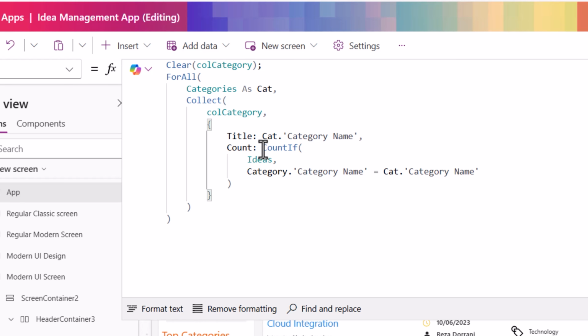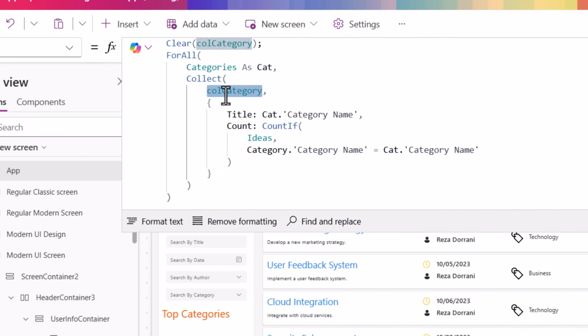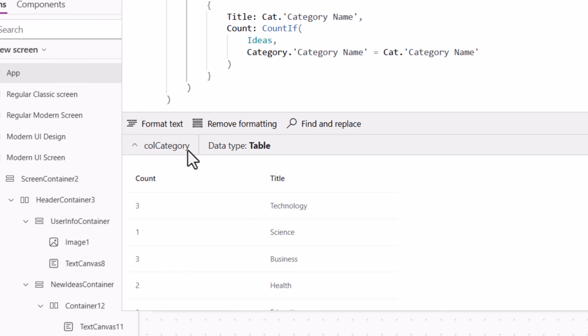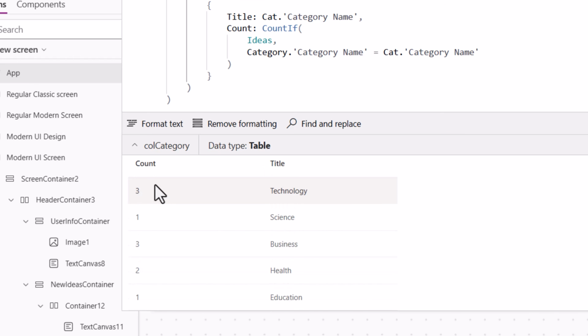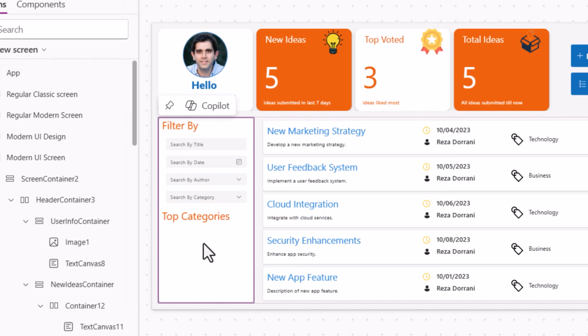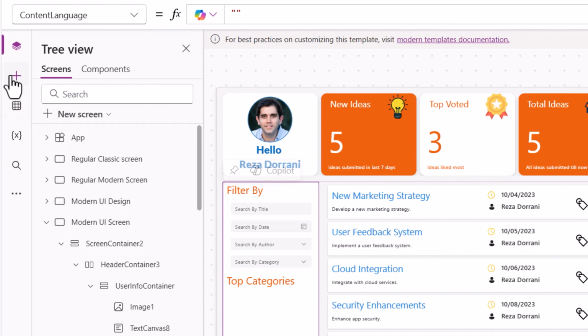And for that, I use the function countIf. The end result of this is a collection called call category that includes the title. These are my categories, and then the count. How many ideas are submitted for those categories. This is what I will use in this container to show the data in a